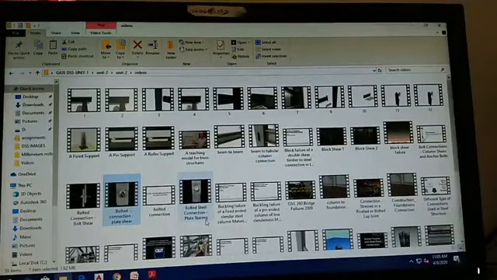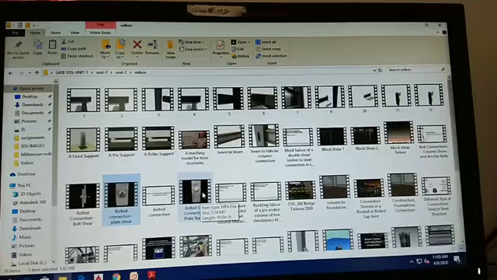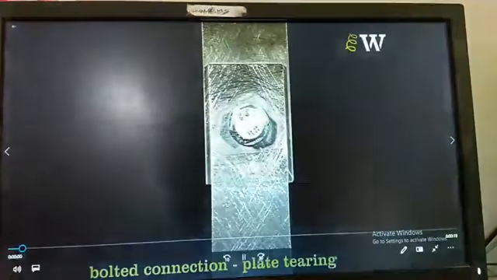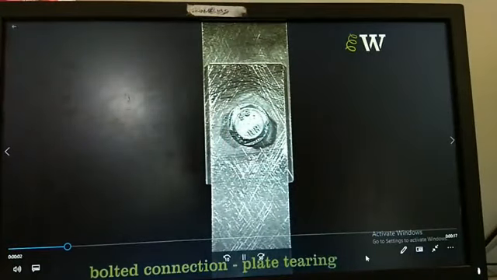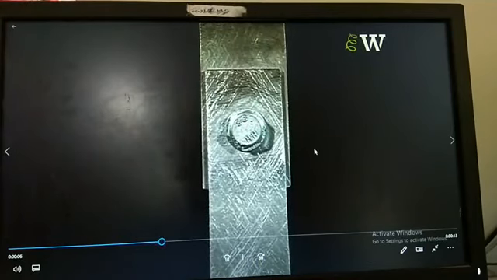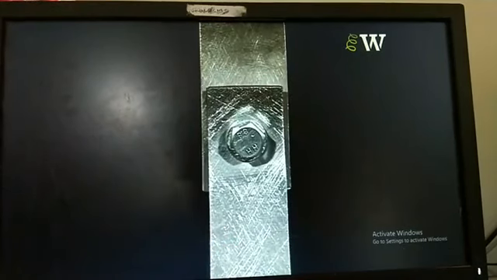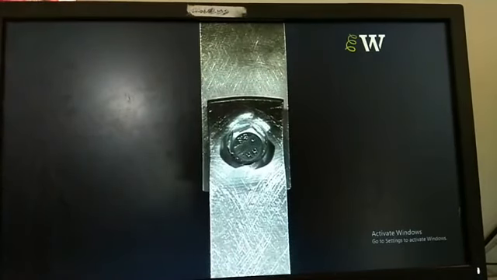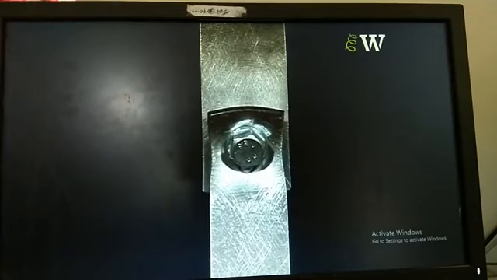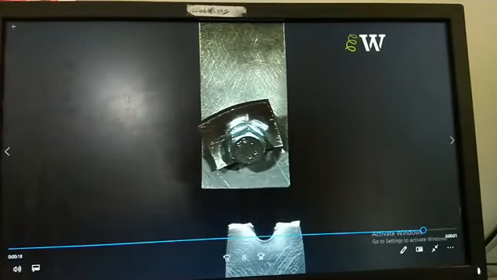And now I want to show you how the plate got torn. Earlier you have seen bursting, now you can see the tearing of the plate. See how the plate got torn, right?